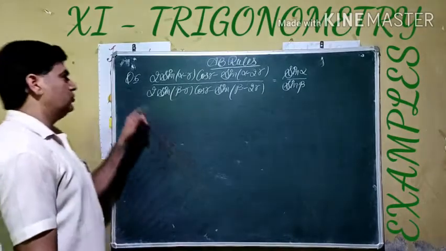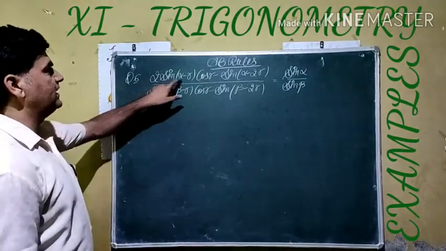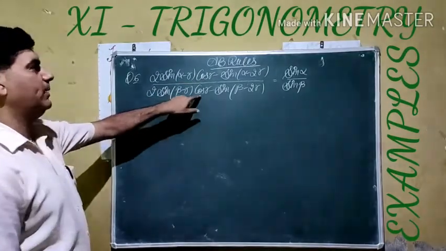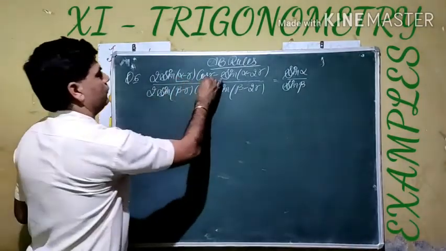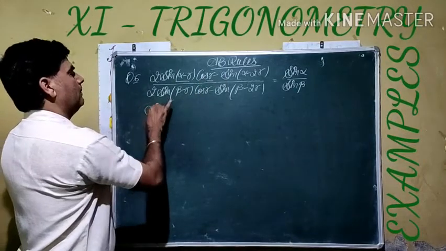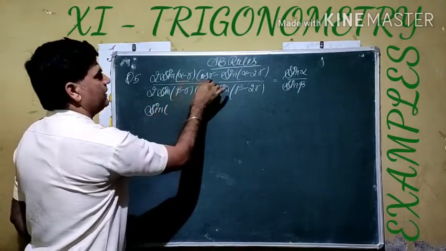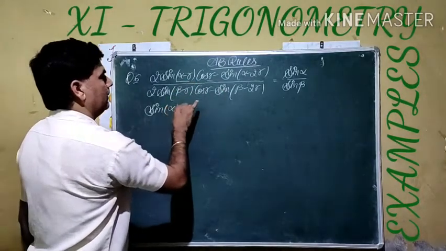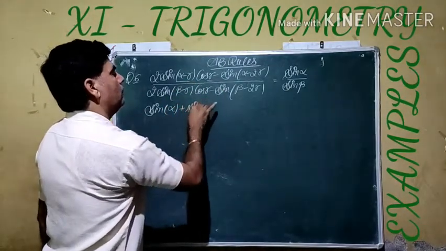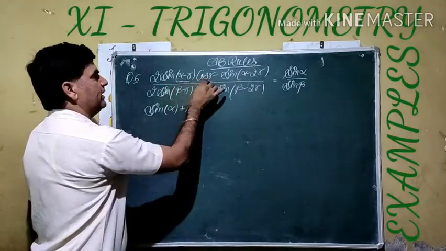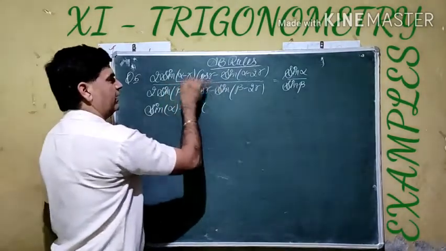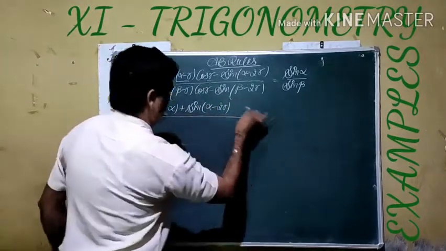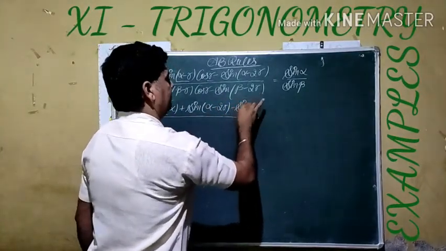Let's see our next question, number 6. It is given by 2 sin a cos b, like this. Same here, 2 sin a cos b. We are going to apply it first. The 2 sin a cos b formula is given by sine of (a plus b), means the sum of these two angles. If we add them, gamma with minus gamma cancels out, we get only alpha, plus sine of the difference of these two angles. If we subtract gamma from here, we get alpha minus 2 gamma. The second term remains same.